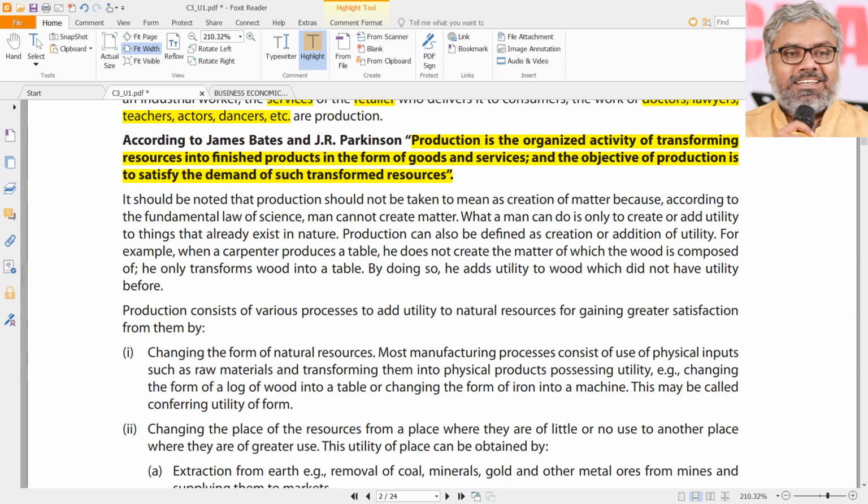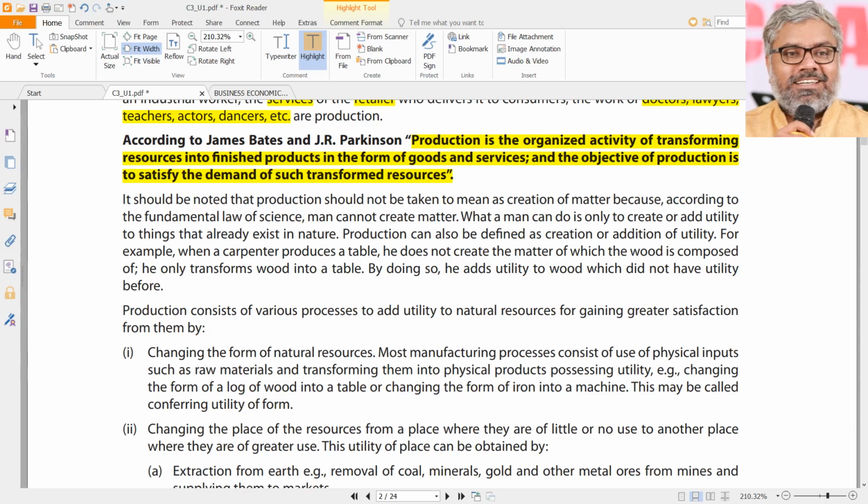So now look at two situations. There is an open area where nobody lives, and naturally, just by the forces of nature, there was a wheat crop in some 1,000 acres of land. Nobody has actually cultivated it. Nature has given that much wheat, just like any other natural things. There was wheat in an area of 1,000 acres, which was nature's gift, we can say.